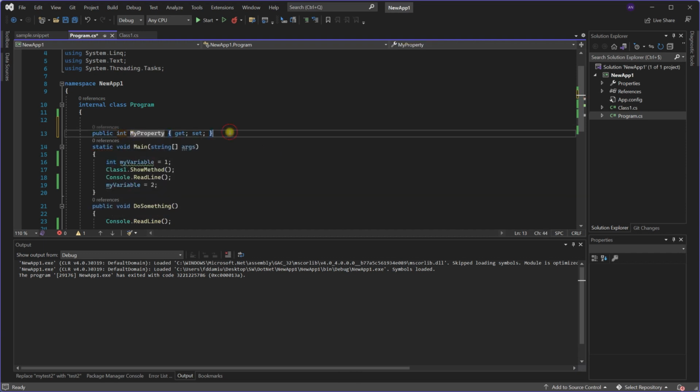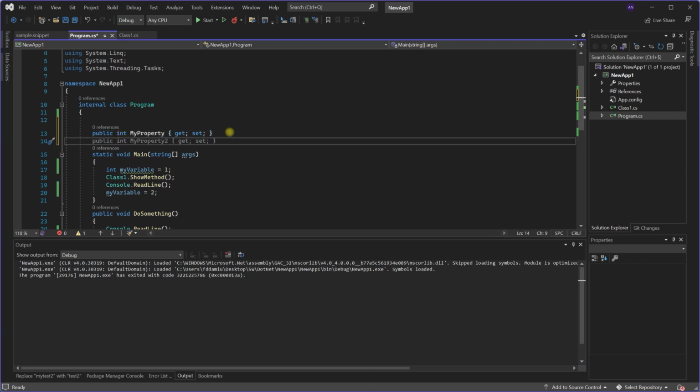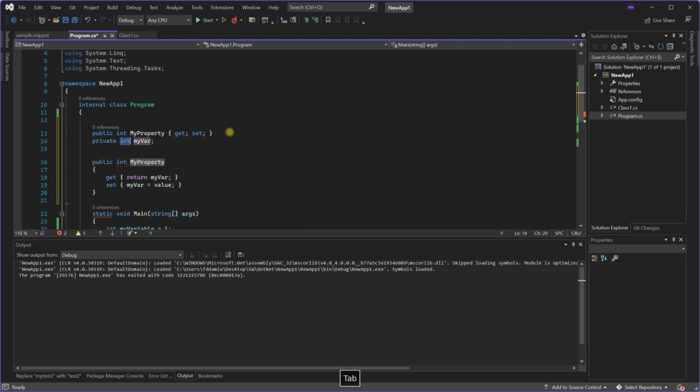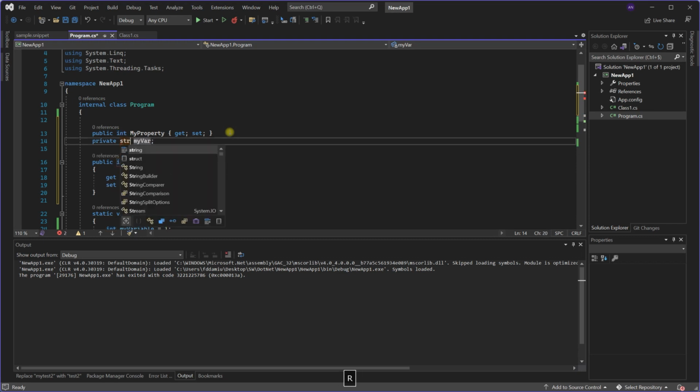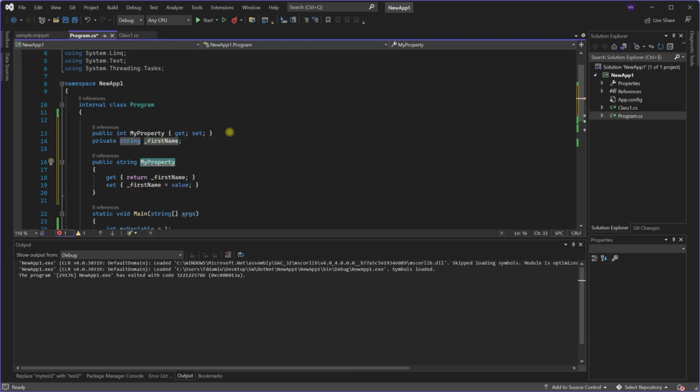and here if I want to add a full property, I can type prop full and tab twice, and now I can change the type, then tab. I can change the field name, first name, and I can change the property. So this is a normal property and this is the full property. Okay,